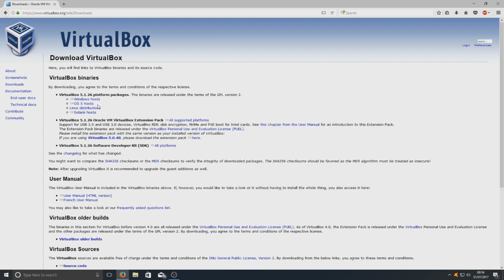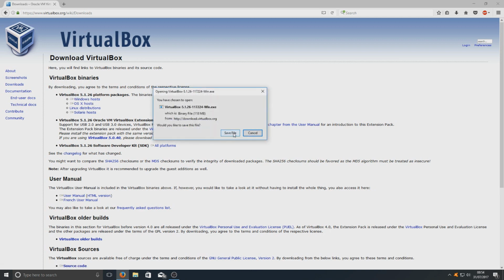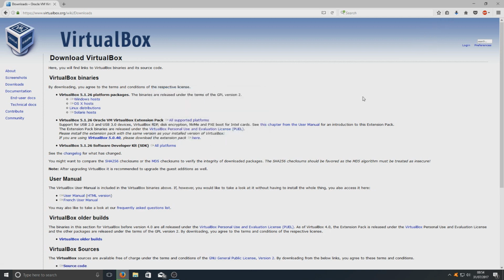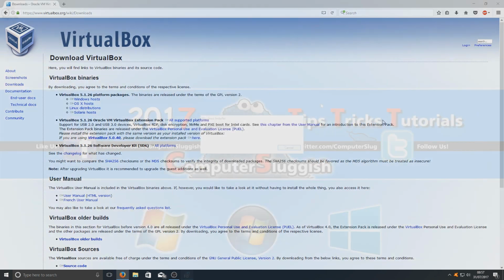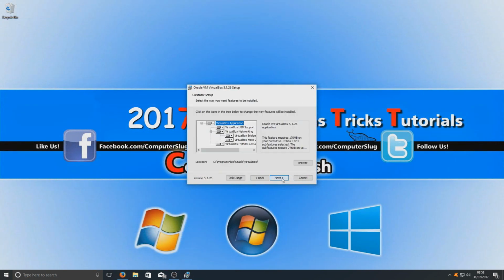Once you've clicked on that, you need to click on Windows Hosts and you need to go on to Save File. Just give that a couple of seconds to download. Once that's finished downloading, if you're running Firefox, you just need to click in the top right hand corner and run the setup file. If you're running Google Chrome, then click in the bottom left. You just need to go run, and you now need to go next,